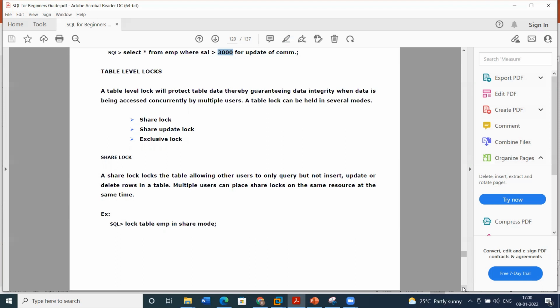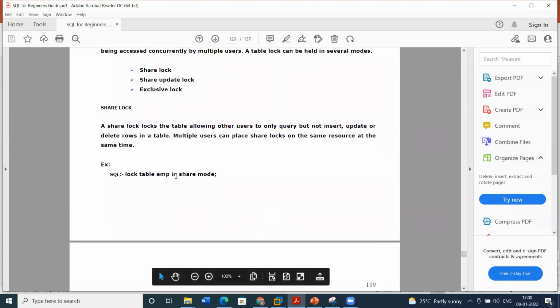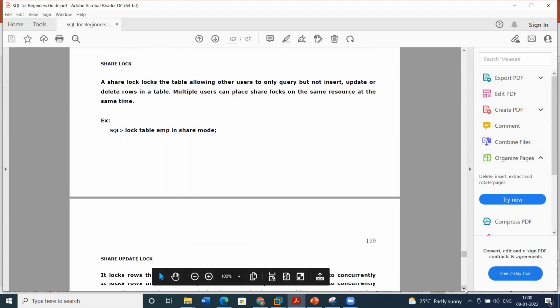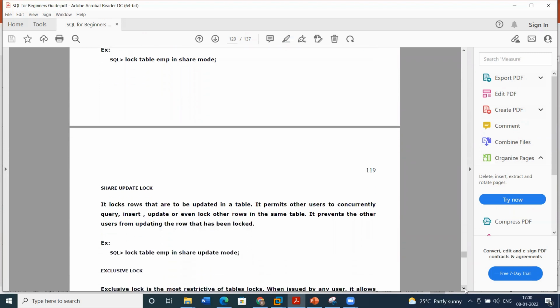Multiple users can hold shared locks on the same resource at the same time. Here you just give lock table in share mode. So here we cannot insert or update the data, we can only query the data.